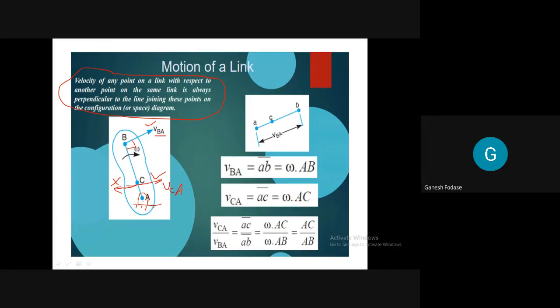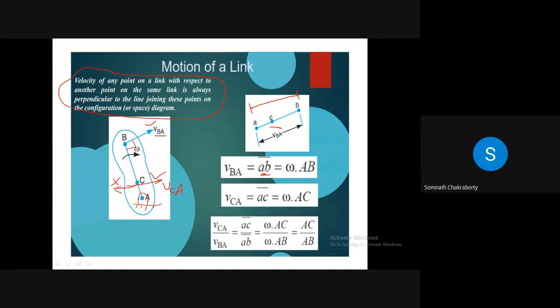Two are clear. The third one is, what about the magnitude of the velocity of one point with respect to another point on a link? When I find the velocity of B with respect to A, it is vector AB. You can see this one is a vector representation. This is vector AB, and I'm saying velocity of B with respect to A. So B with respect to A means acting from